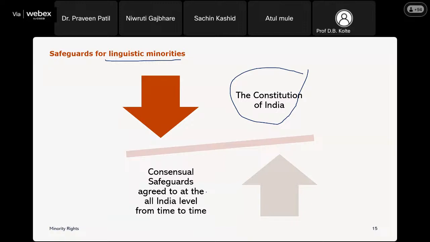If people get good treatment in the state of Maharashtra, naturally Marathi people will also get good treatment in the state of Karnataka. If Gujarati people get good treatment in the state of Maharashtra, Marathi people will also get good treatment. Two states come together, probably at national level, and by their consensus, means by their agreement,